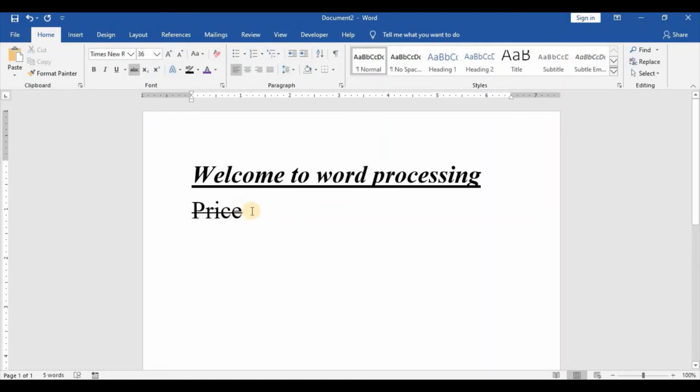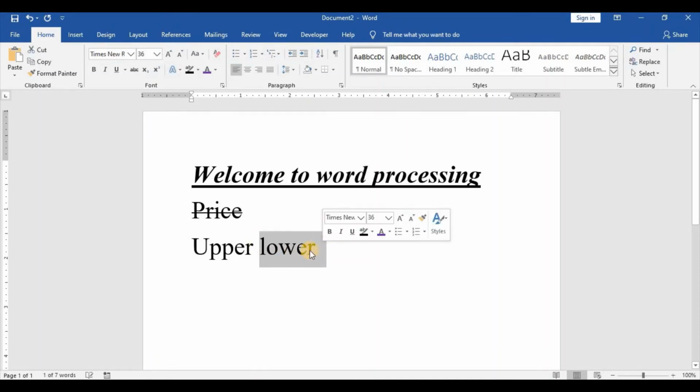Another example, moving on to the third line. So again, our cursor is at the end of the word, then we press enter. We want to take off this strike through here. So our next two words are upper, add a space, and then lower, right? Upper and lower. So we're beginning with the word lower, so we highlight that with our mouse, and then